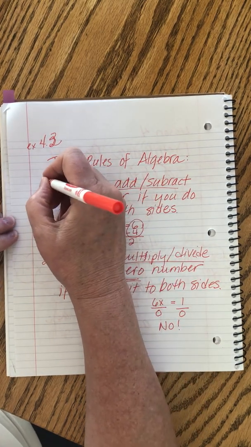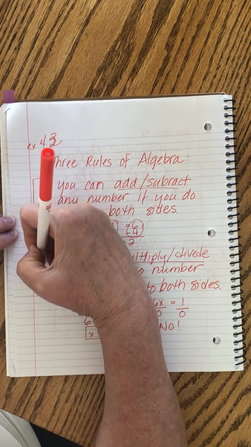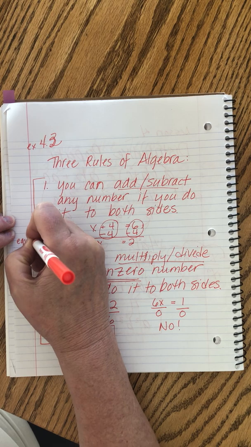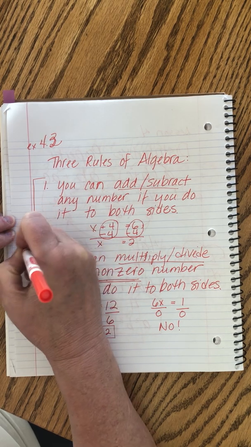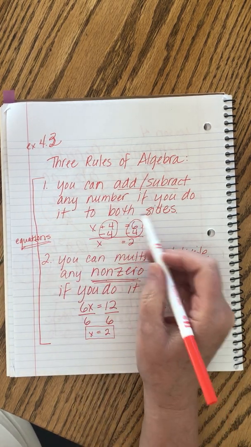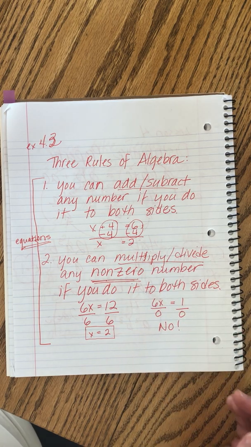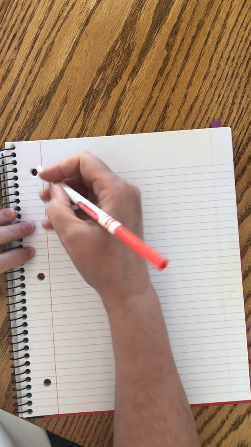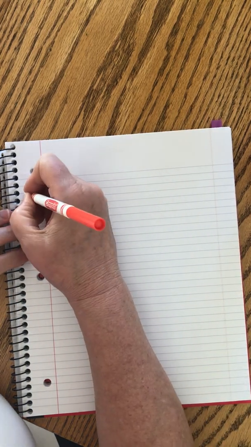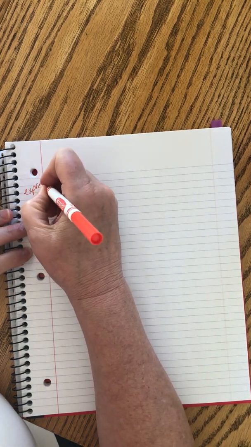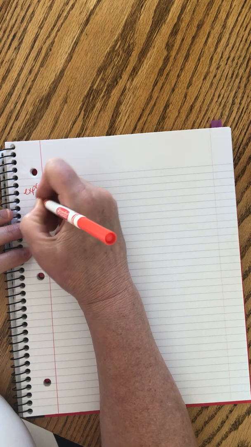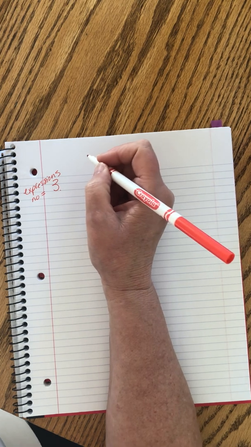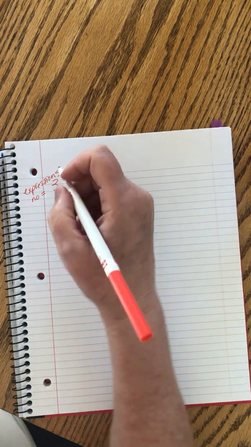These are the two rules that relate to equations. All right, because we're talking about both sides. Well, you have to have an equal sign in order to have both sides. The third rule relates only to expressions, which again is a thing with no equal sign. All right, and in that one, the rule is that